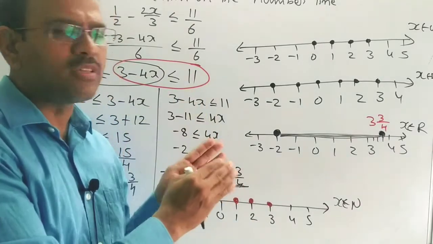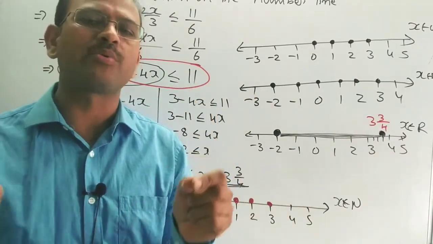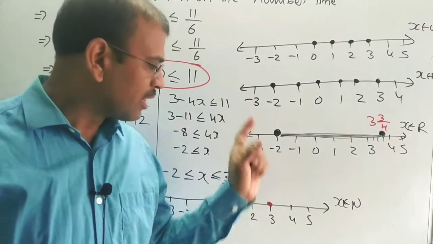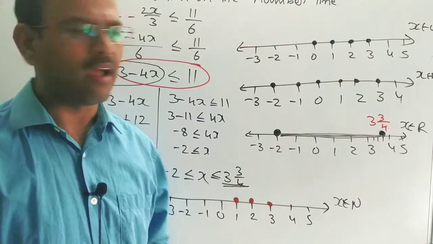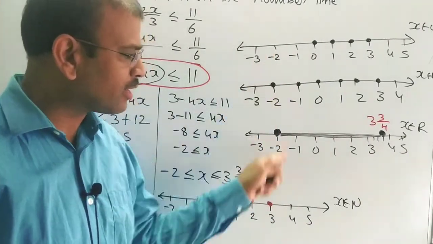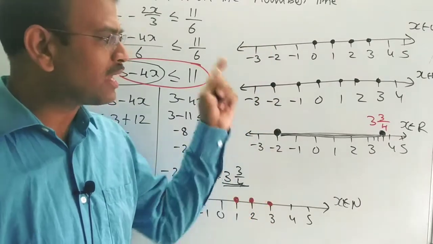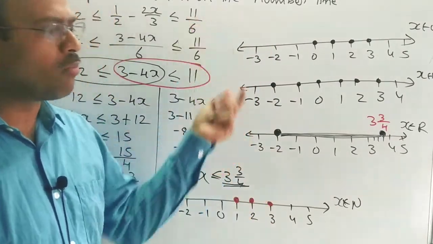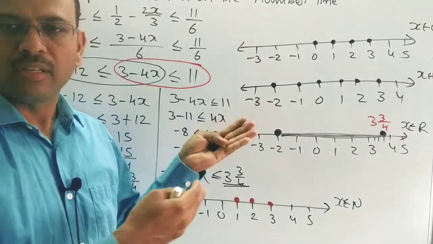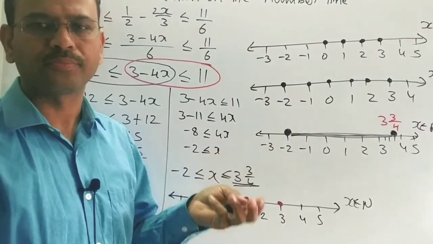So this is a simple chapter. Everybody will do it, but most students make mistakes in the board examination while plotting on the number line. Everybody gets the 2 marks, but most of the time they lose 1 mark. Now you need to understand exactly how to plot it on the number line. So now I will explain one more question and the different types. Then we will understand exactly the differences.